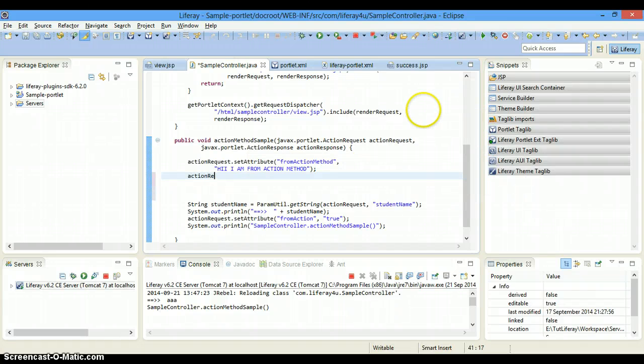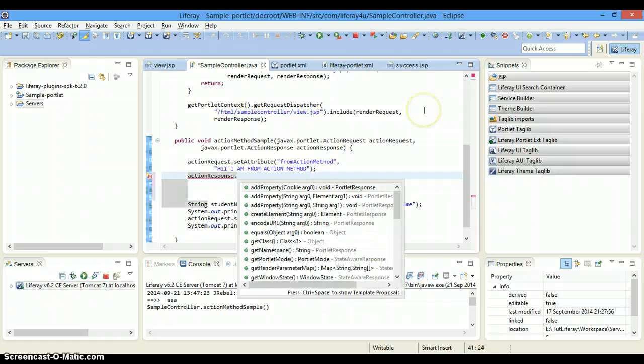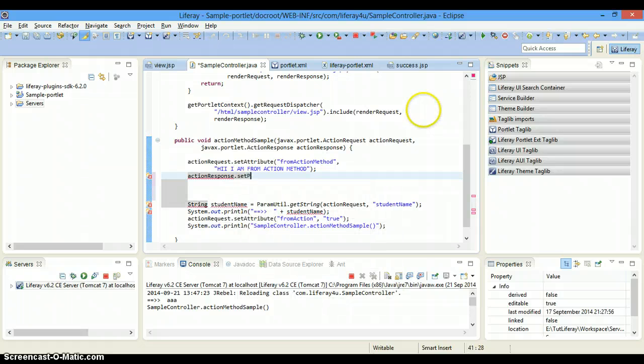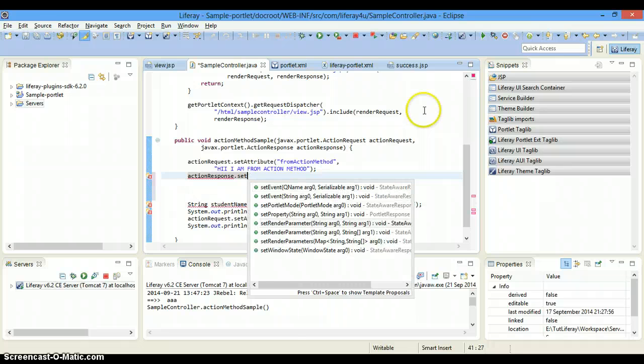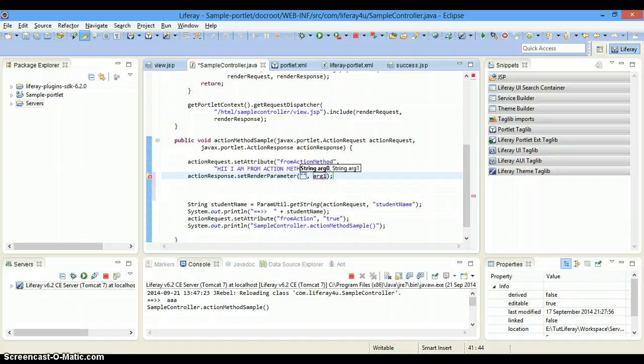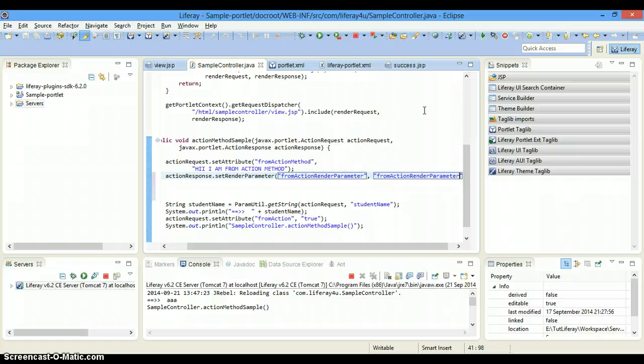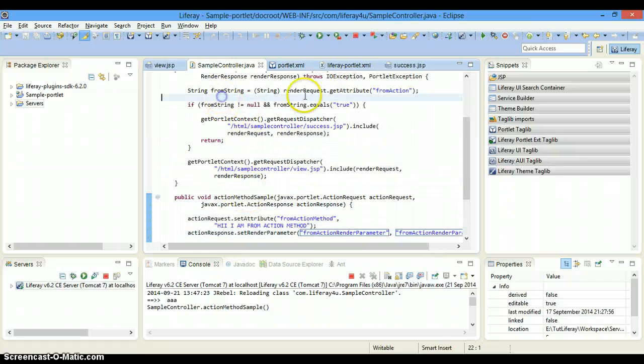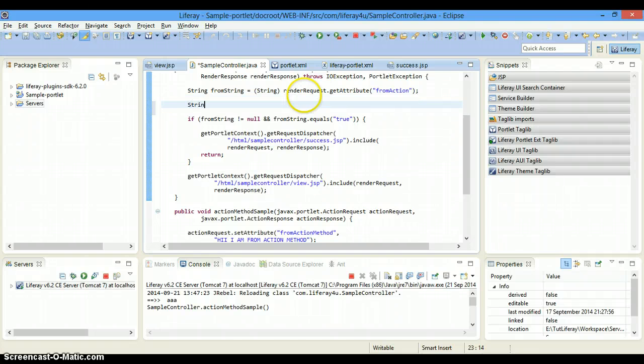So I'm going to call actionResponse.setRenderParameter, and then put the values like that. Now I need to declare a string over here, let us say name, and then